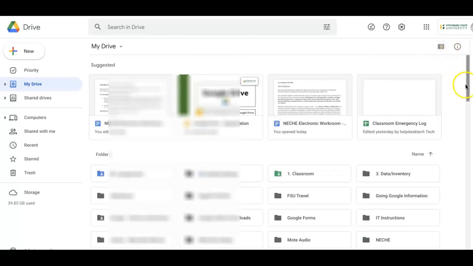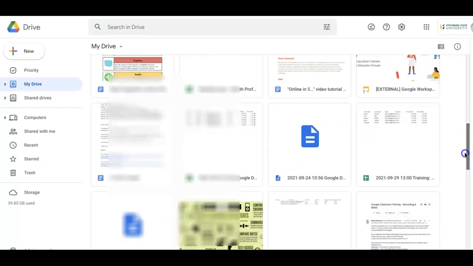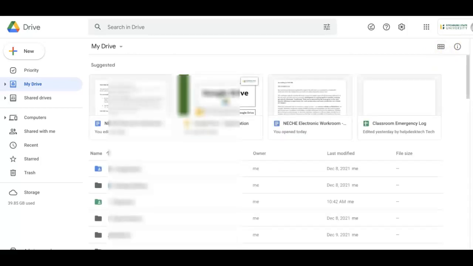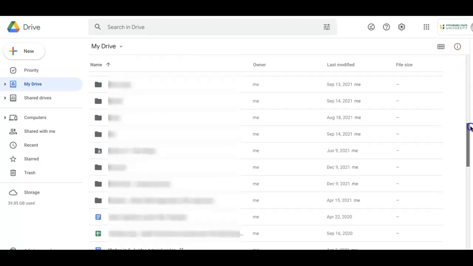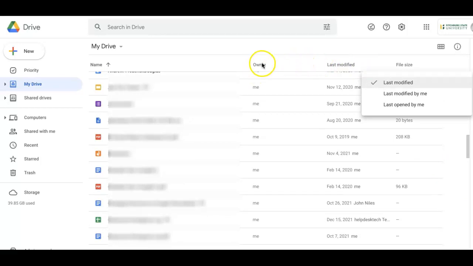It seems a little overwhelming, especially if you're not at the point where you have folders. You may be just looking at a bunch of files and it feels overwhelming. So the simple switch of the button here will bring you to list view, and now everything's in alphabetical order. You can also change this to modified, and so forth, if you want to change that up a little bit as well. But otherwise, it's in alphabetical order. So feel free to use that list or grid view as an option. Again, most of us don't realize that's another option there.